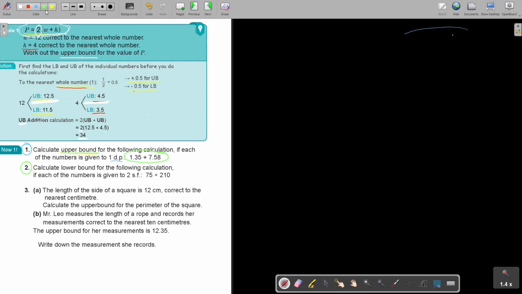Right, let's start. Number 2. Calculate the lower bound. So remember, this was upper, this is lower. For the following calculation, if each of the numbers is given to 2 significant figures. Now, significant figures, as I did from page 24 in the textbook, is usually more challenging because it depends on every number. So if you take, let's start, 75, and that's correct to 2 significant figures. Then, what I usually say always, and you can watch my other videos on the channel,